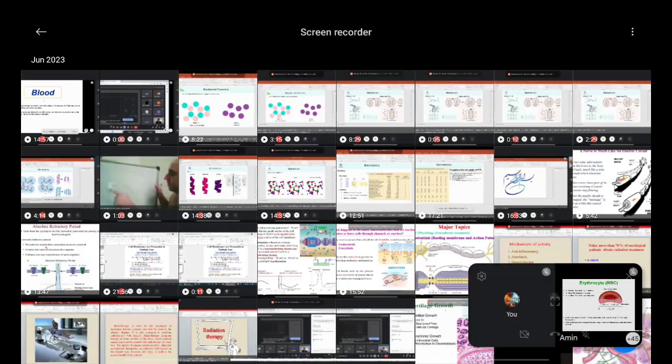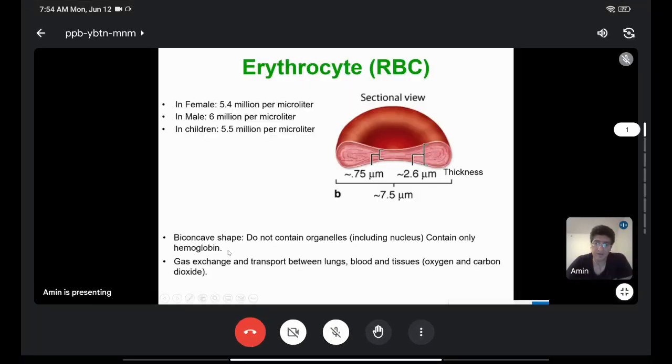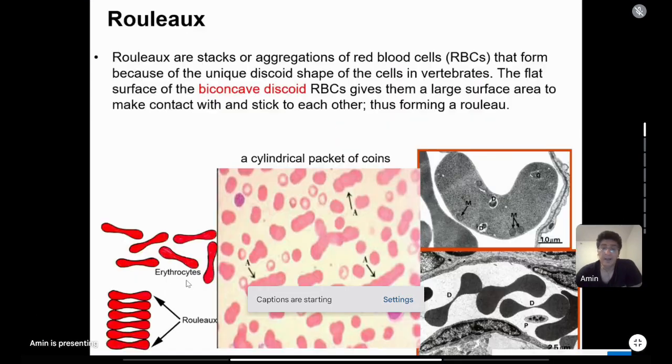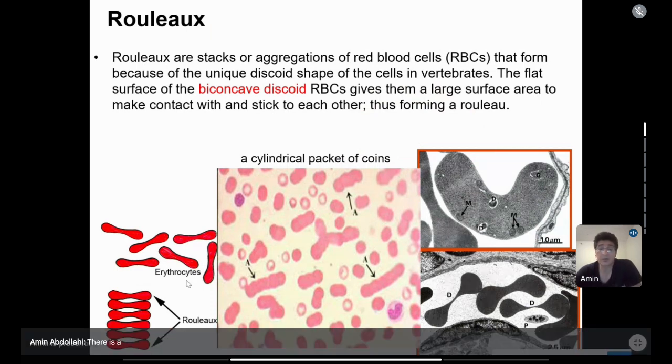Because hemoglobin can bind to the oxygen and carbon dioxide. There is a terminology or idiom about red blood cells, Rouleaux or Rouleau. What is the meaning of Rouleau? Rouleaux are stacks or aggregations of red blood cells that form